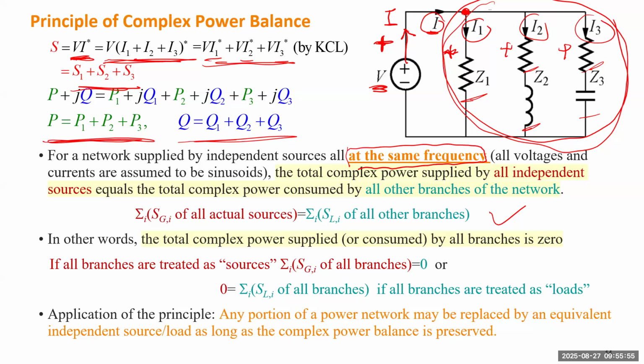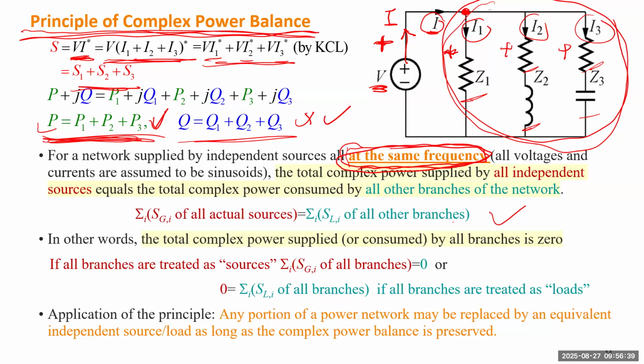Before I move forward, I have to clarify. We call it the principle of complex power balance. It is different from the conservation of energy law. It's not a conclusion from the conservation of energy law. This is an engineering principle, not a physics principle, because the conservation of energy law has to be true. For this case, we have 2 conclusions: the balance of active power and the balance of reactive power. I have to say, if I keep only one to be accurate, the active power one is somehow more accurate. The reactive power one maybe not. But that is good only when